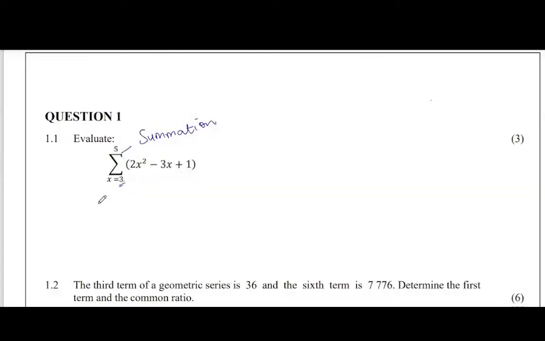So I need to get that pattern or sequence, and I'll do that by simply substituting the x with a 3 to get the first term. Okay, so this is going to be 2 times 3 squared minus 3 times 3 plus 1. So that is 9 times 2 is 18, minus 9 is 9, plus 1 is 10. Okay, and then I need my second